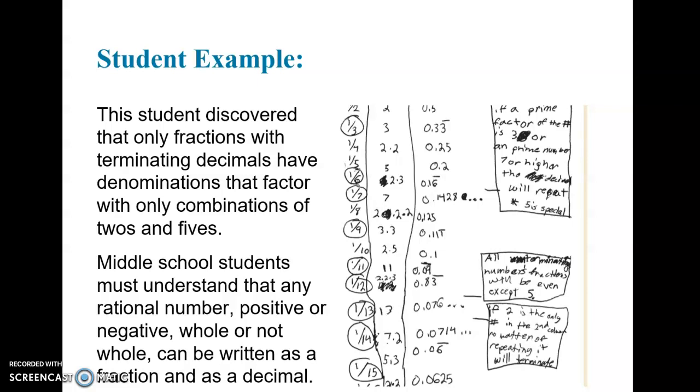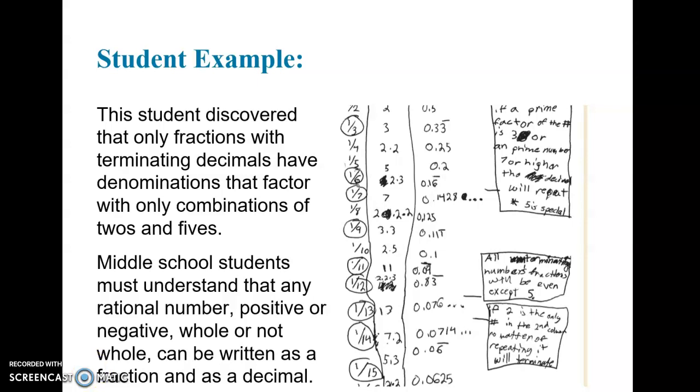Why in this case? Middle school students must understand that any rational number, positive or negative, whole or not, can be written as a fraction and as a decimal. Every fraction can be divided to find its decimal. So negative 8 can be written as the fraction negative 8 over 1, or negative 16 over 2, because negative 16 divided by 2 is negative 8. Or as the decimal negative 8.0, or just as the number negative 8. In fact, there are an infinite number of ways to write